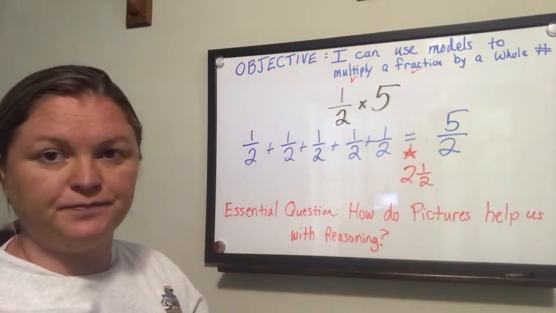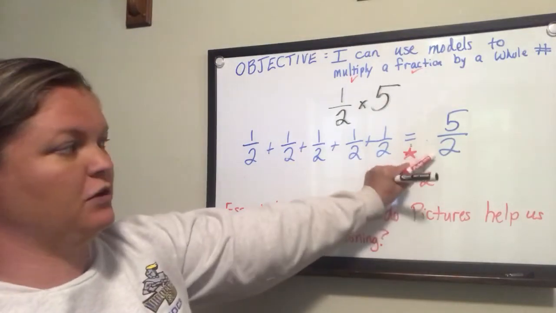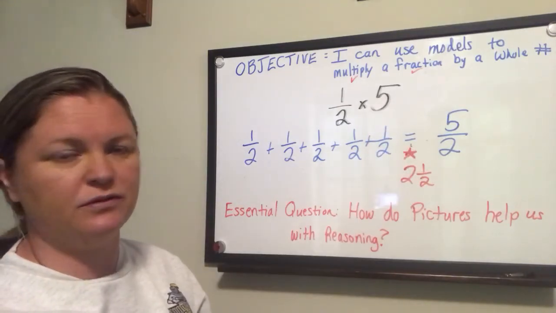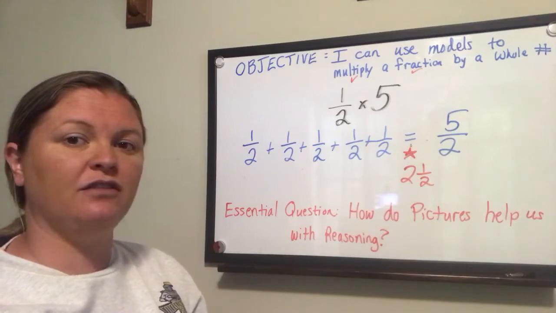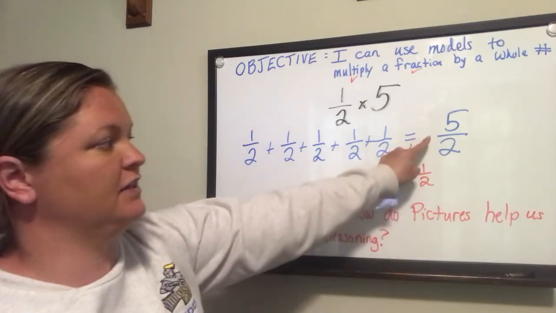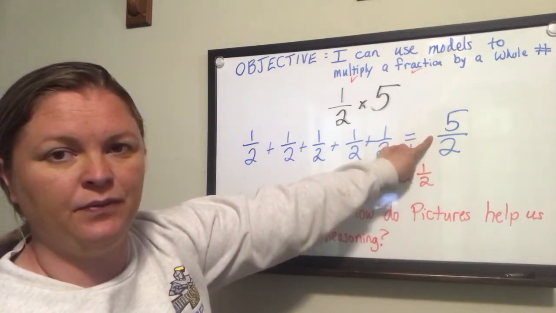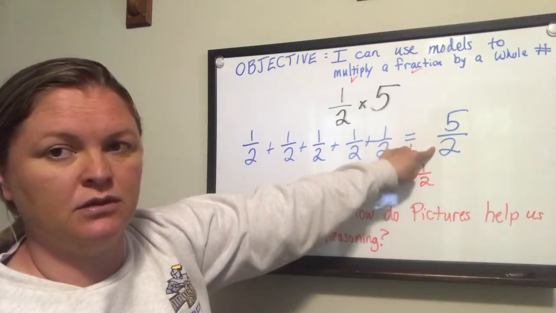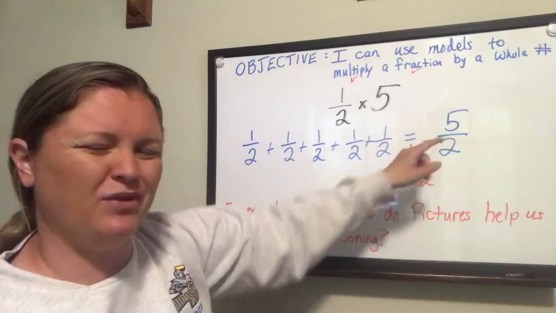And that's our answer. It looks kind of weird because we call that improper. When the numerator is larger than the denominator, that's an improper fraction. The simple way to solve it is, don't forget at the beginning of the lesson I said this is actually a division sign. So what this says is 5 divided by 2. I can probably do that in my head, but I want to show my